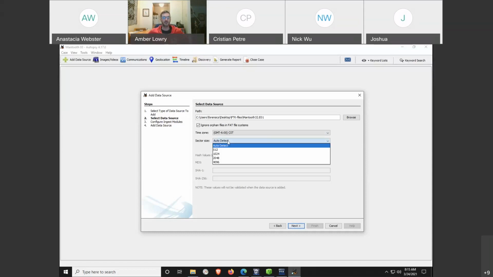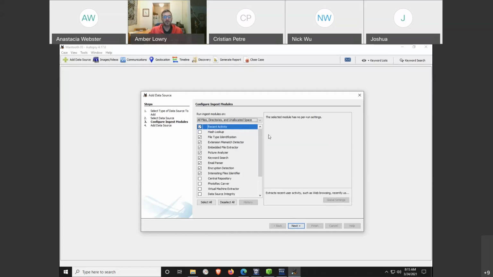For sector size, we have the ability to set our sector size. I'm just going to go ahead right now and let it auto detect, and it'll pull up the correct sector size. For hash values, we're not even going to worry about this right now. I'm just going to go ahead and click next. Similar to FTK,